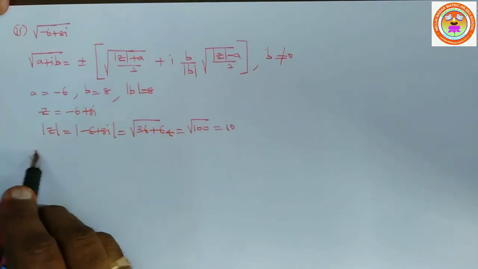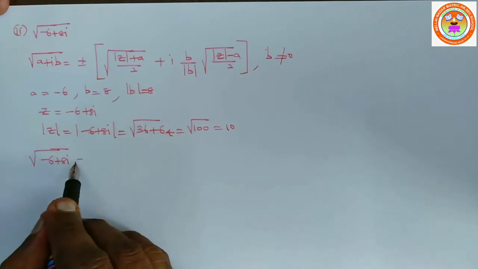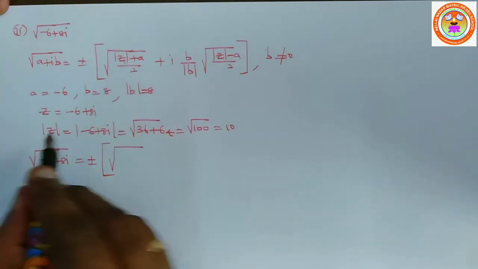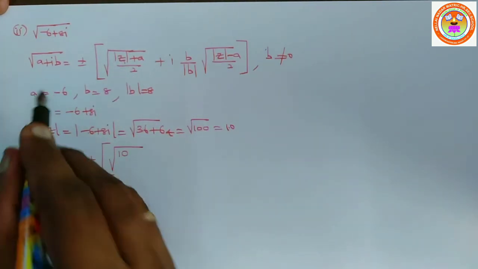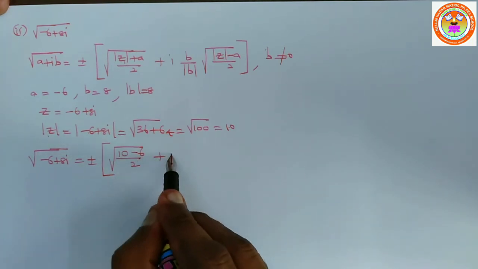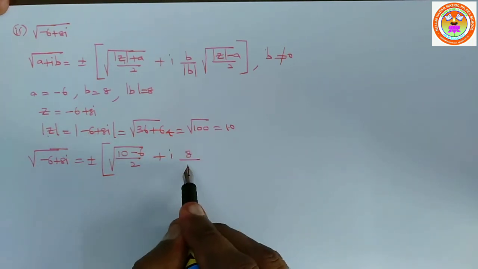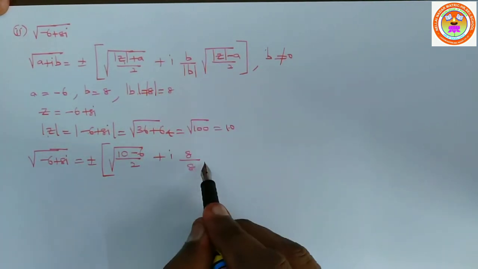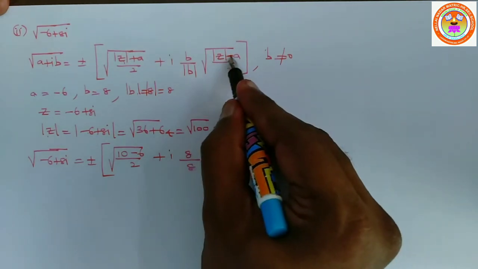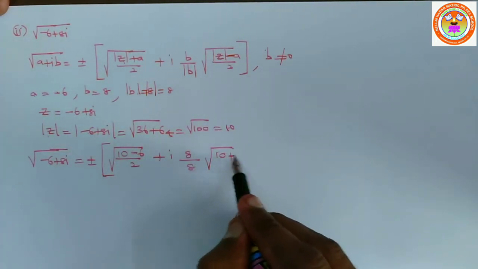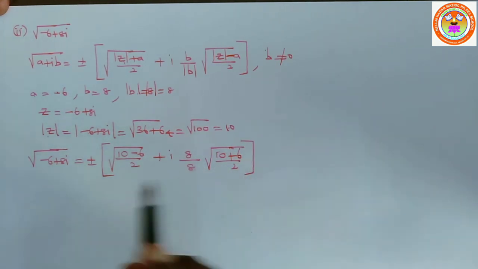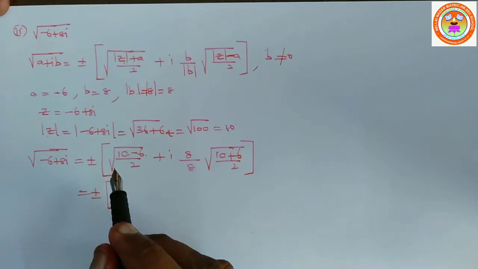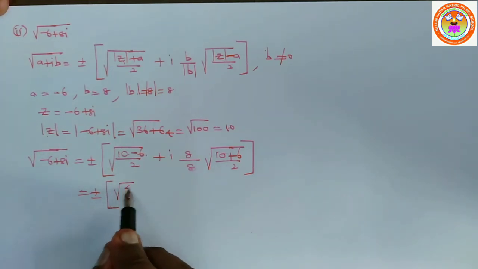Now apply here. Square root of minus 6 plus 8i is equal to plus or minus, open the bracket, square root of modulus of z is 10 plus a is minus 6, 10 minus 6 divide by 2 plus i, b is 8 divide by modulus of b. Modulus of b is also 8 because modulus of 8 is once again 8. So square root of 10, here already minus, minus into minus plus, so plus 6 by 2. So plus or minus 10 minus 6. What is 10 minus 6? 10 minus 6 is nothing but 4. Square root of 4 by 2